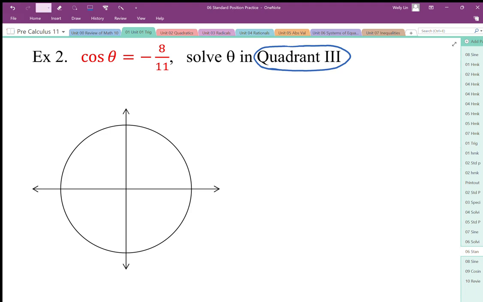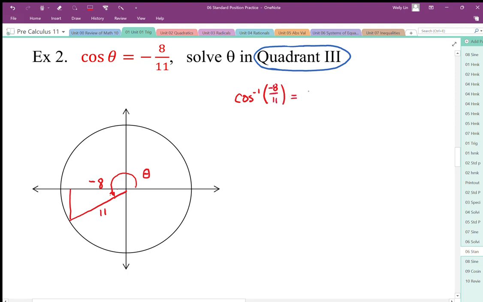So drawing in the cosine value, so negative 8 over 11, I'm going to draw it maybe like this. Okay, so that's going to be a radius of 11, and the x positioning is at negative 8. Okay, so there's my position, and the angle that I'm looking for is this one here. This is my theta angle that I'm looking for, and when I solve this, I'm going to use the arc cos. I'm going to undo the ratio of negative 8 over 11, and that's going to give me my theta